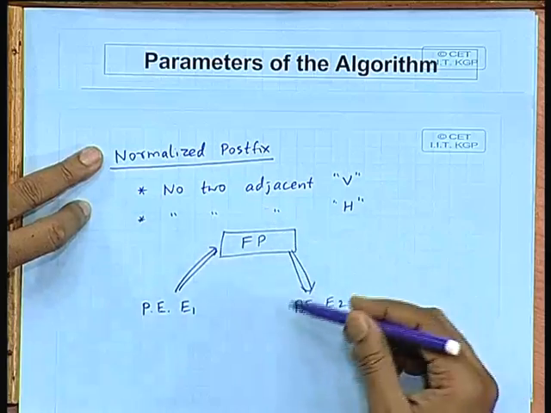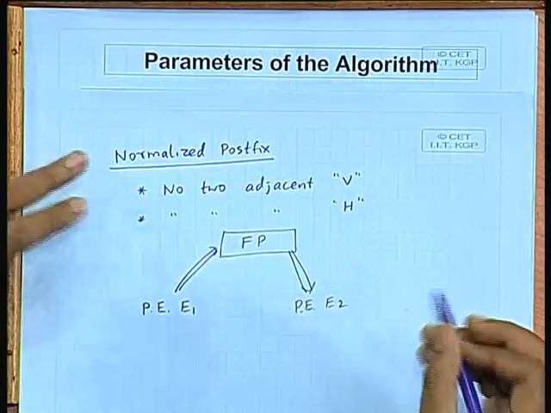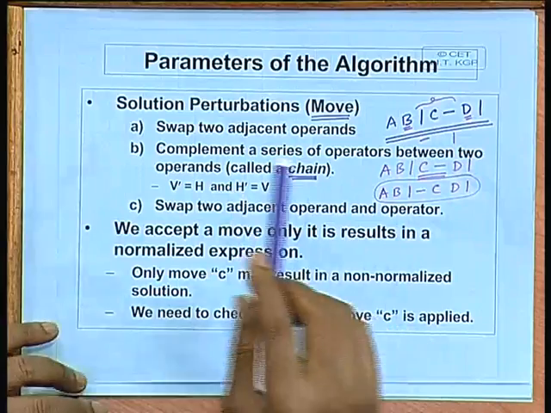So, if we constrain ourselves only to normalized expressions, it does not really harm. The advantage gained is that we can restrict the search space. So, searching for a solution will be faster. Okay. Now, looking at the definition of this normalized expression, if you just look at these moves once more,